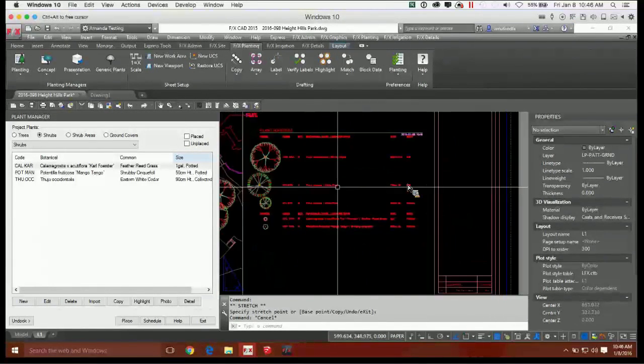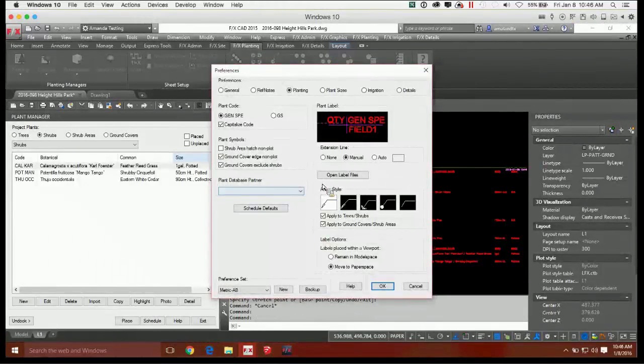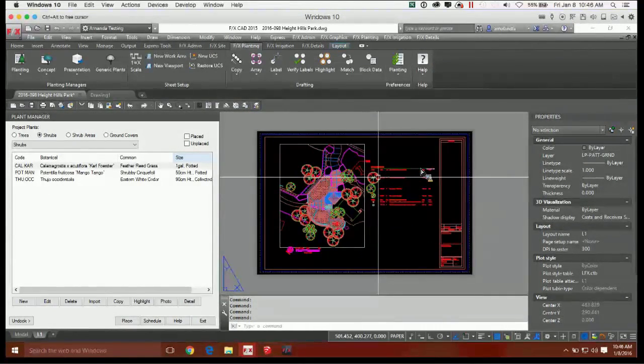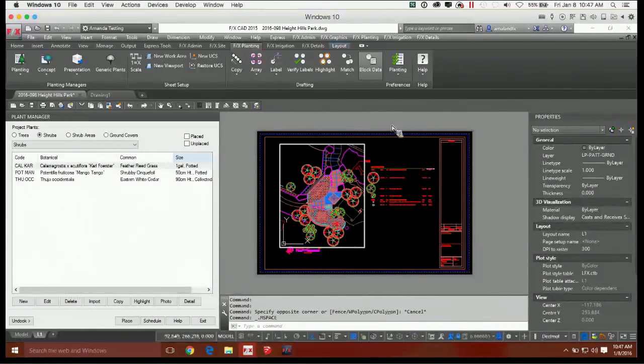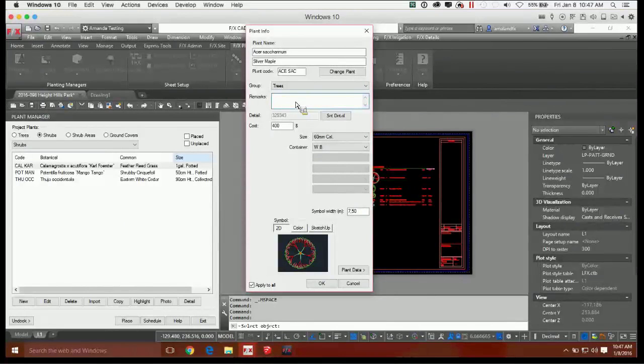If you have notes, you might have your schedule template, which is located, if you haven't seen it, here. You can set the schedule defaults over here. All of that's basically put together. So now what we can do, you can edit any of these plants. So if you want to keep the note that's in the template as the template note, but you want to add something a little different, you can do that. You can go into here and edit a plant using block data or through the plant manager, and you can add a new note, remarks, I don't know,